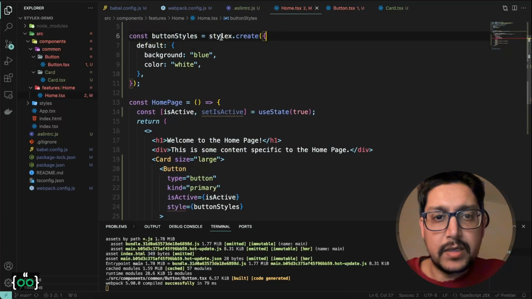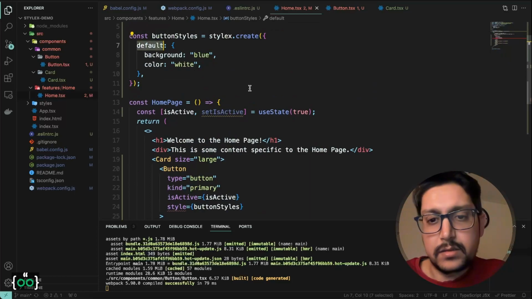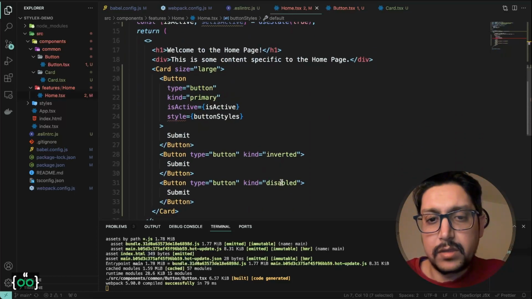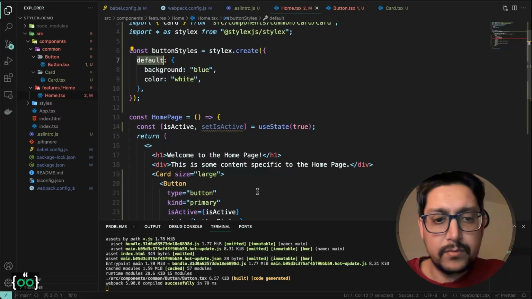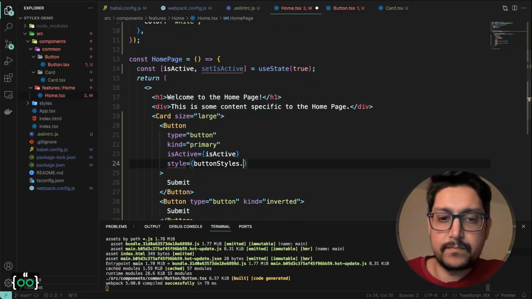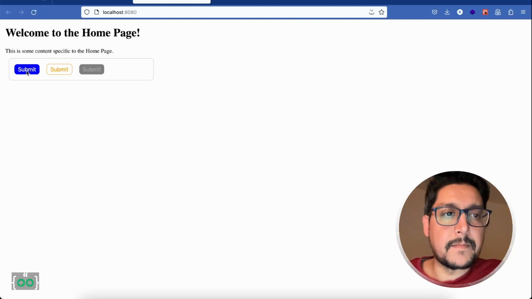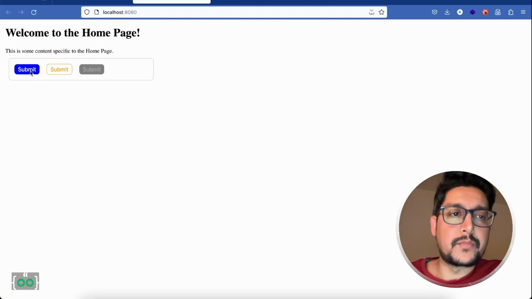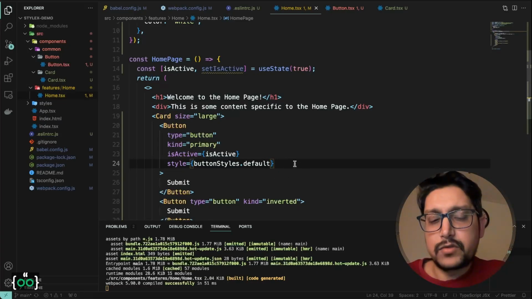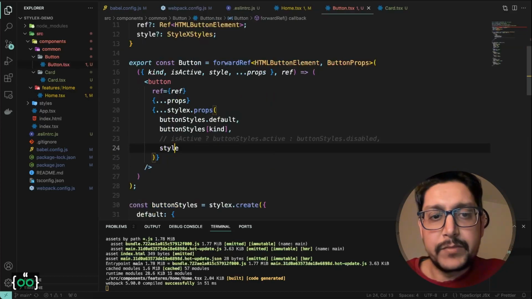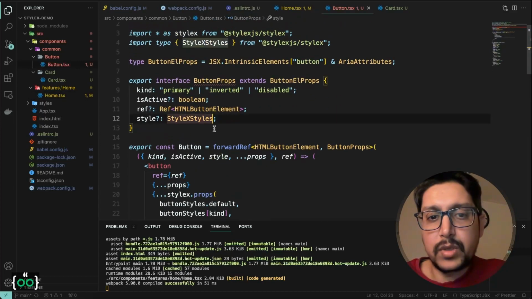So the style default we need to pass on. Yeah, now we see that our button component is first of all conditionally styled. We are passing it as a prop as well, and then lastly I'll just show you that we can actually